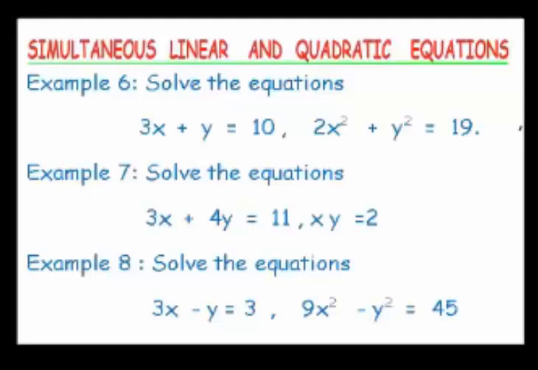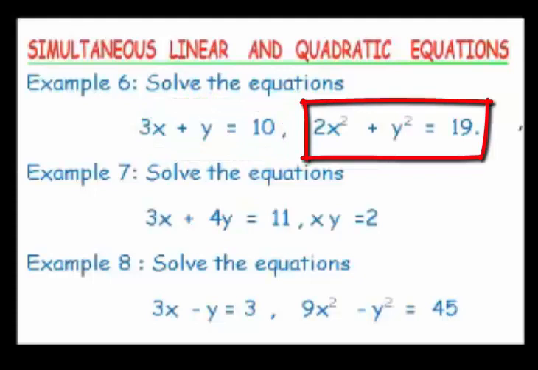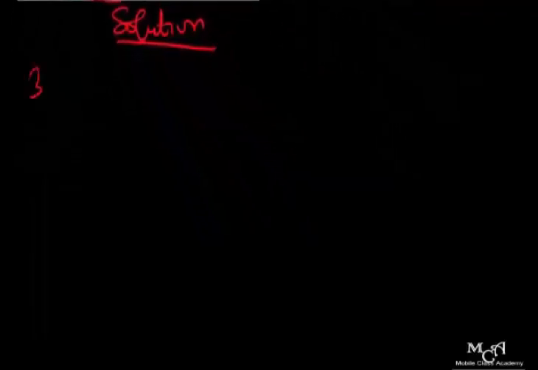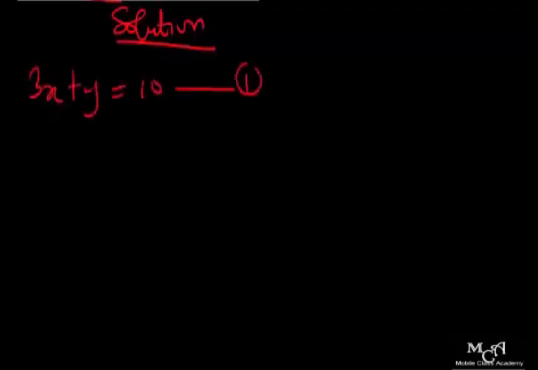Now, the first question on the board, number 6: solve the equation 3x plus y equal to 10. That's equation 1. And then we have 2x squared plus y squared equal to 19. Now let us see the solution to that. The first equation given to me is 3x plus y equal to 10, that's my equation 1, and the second equation is 2x squared plus y squared equal to 19,